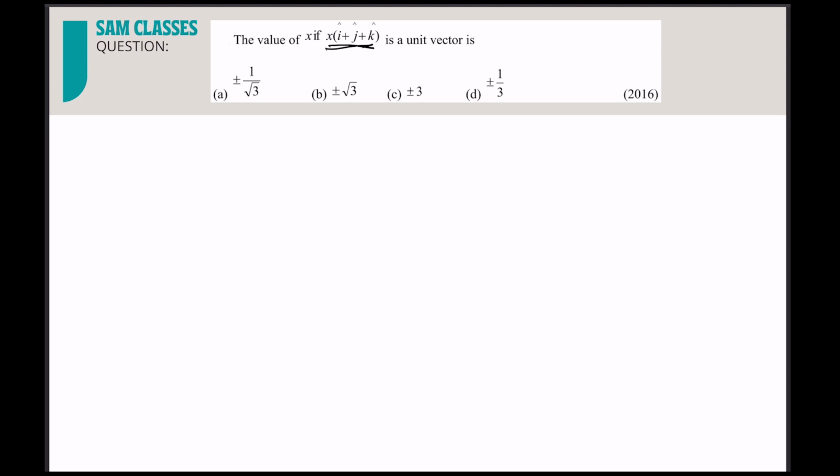Okay, again, if you see this question, these kinds of questions also come, and these questions don't take more than 3 seconds. Basically you'll get x squared, and on this side 3 x squared is equal to 1. So x squared is equal to 1 by 3, so x is equal to plus minus 1 by root 3. That's it. Very simple.